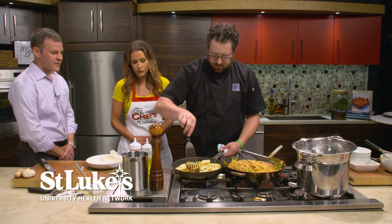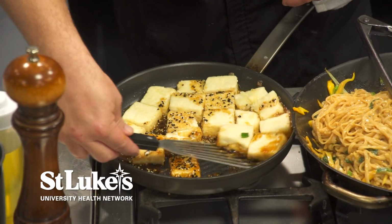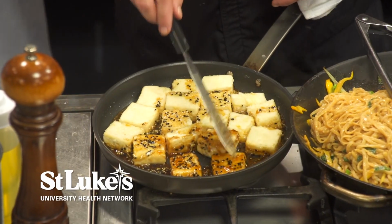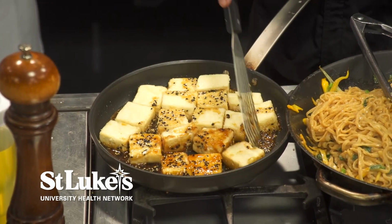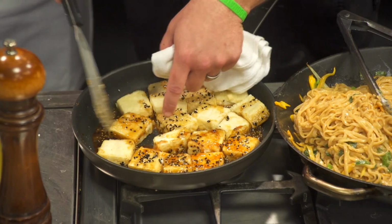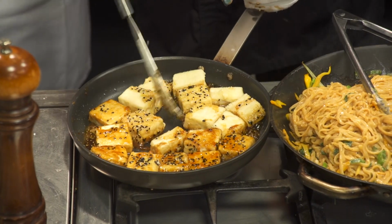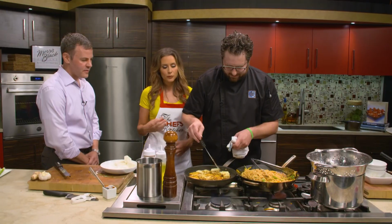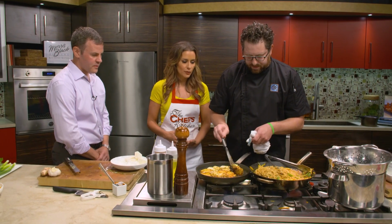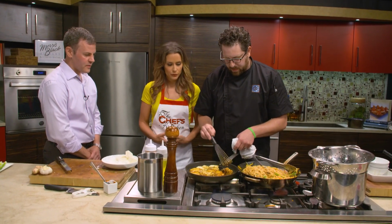Adds such nice color to the tofu too, because it can look very bland. That's the thing with tofu. I certainly eat it when I have to, but you have to make things look really nice, sometimes to get everybody onto the same page. That's where the bell peppers come in, and that's where we eat with our eyes. Absolutely. You don't realize it, but we eat with our eyes, and also our nose. The first thing you do when you walk into a place is smell; if it doesn't smell good, it's going to affect everything. And tofu really absorbs the flavors of what it's cooked with too. It sure does. By putting a lot of really full flavored ingredients in there, I'm sure it's going to taste